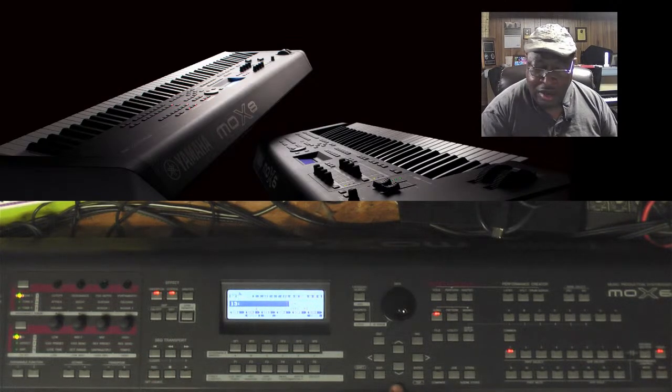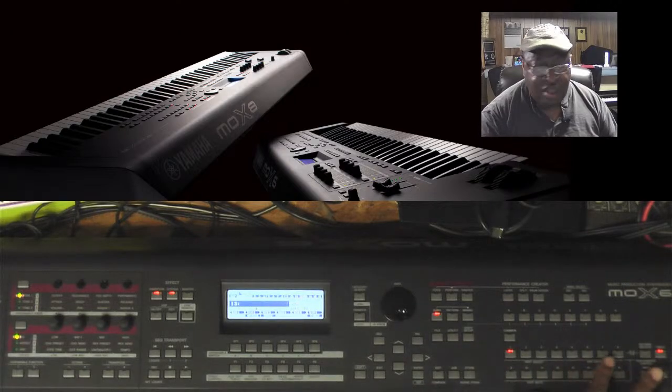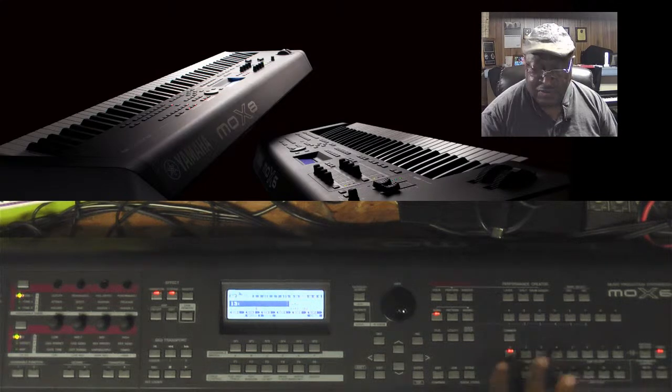and I want to say here. This is where you're going to be selecting which tracks you want which voices on. As a default, every track is set to piano. Every track, no matter which one you hit, they're all set to piano. I'll show you where you're going to go in to make those changes. But when you hit record,